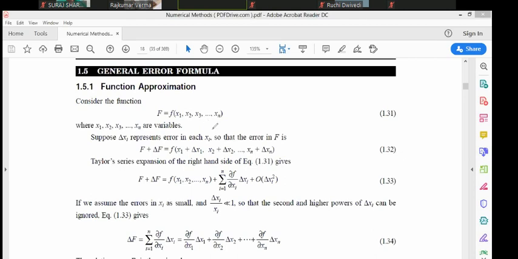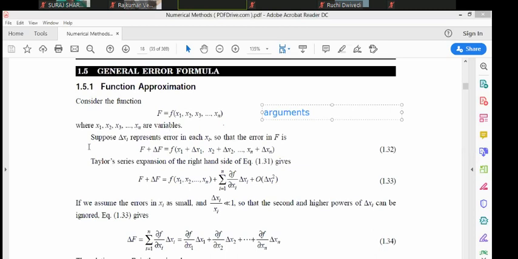In terms of numerical methods, these are also called the arguments. Have you heard the name arguments? Arguments are very popular terms. x1, x2 are also called the arguments. The variables are very popular in the mathematical sciences, but when we talk about the numerical, then the arguments are very important. The same thing are arguments.